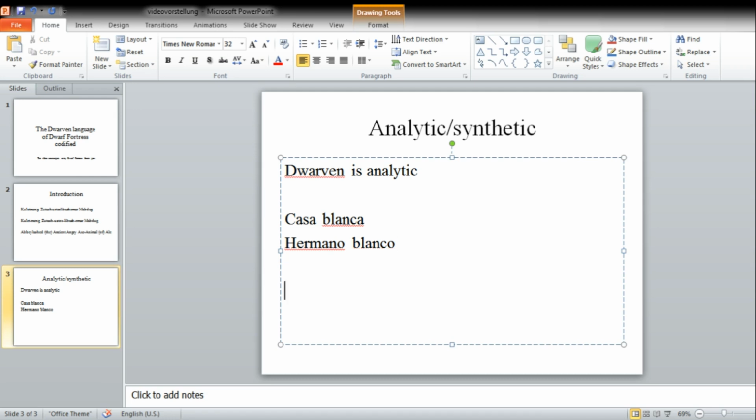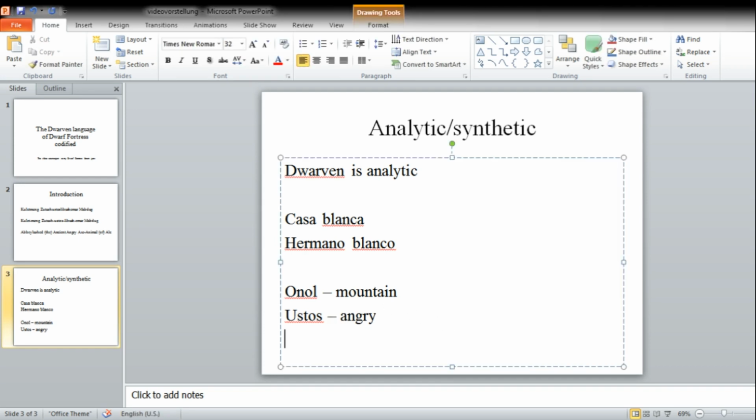In Dwarven, the word for, what's an example? Onol. So onol means mountain. And ustos is angry. And so if I wanted to say, let's extend this a little bit, if I wanted to say angry mountain, I would say ustos onol. Like that. And you can see that ustos is not changed to match onol. Ustos just stays the same. It's not declined, it's analytic. But also, I could switch these and say onolustos. Now this means mountainous anger, because I've made angry the noun, which brings me to the noun forms in Dwarven